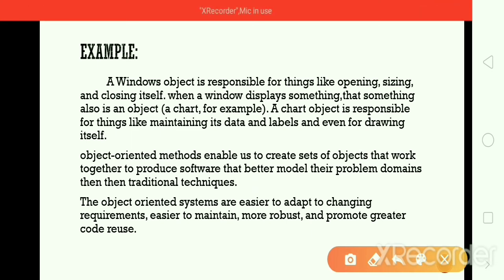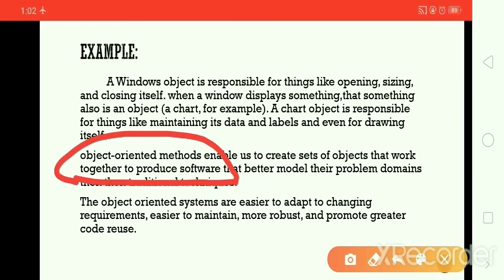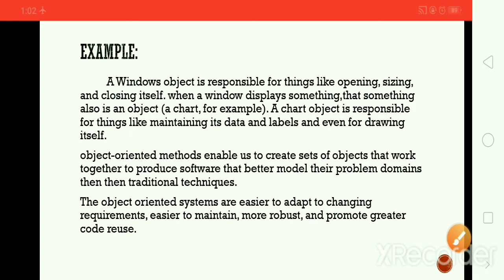That is what it means that object-oriented methods enable us to create sets of objects. The complete thing, the car, is one object, but the car is made up of many objects, such as wheels, windows, gears, pedals, so many objects, which work together to produce software that better models its problem domain than the traditional technique.